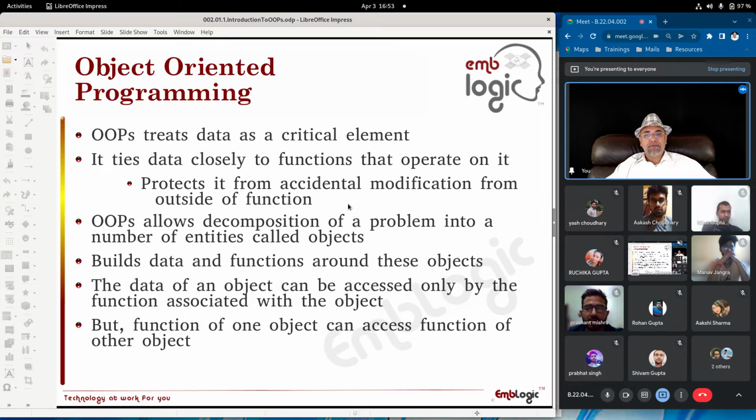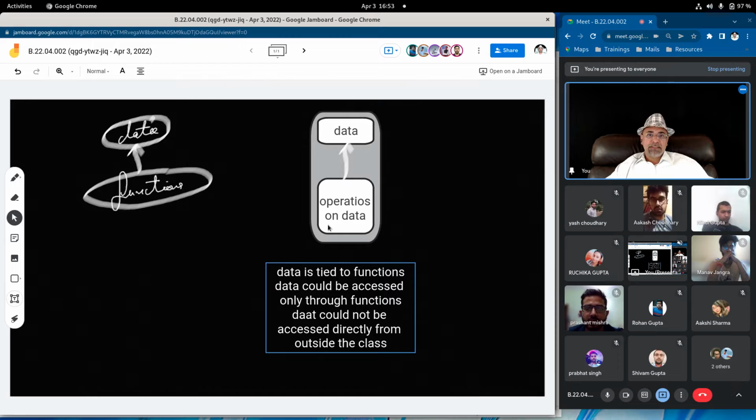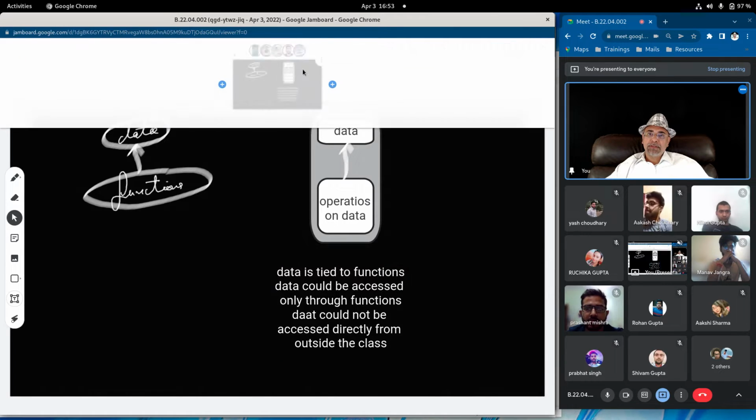Okay, but functions of one object can access functions of another object. That we'll see in a moment. So basically, the objects are created like this. You will have data and some functions like this. So let me explain this concept through another diagram here.